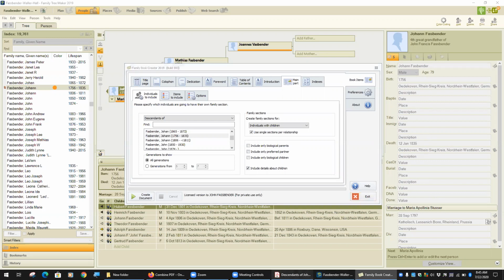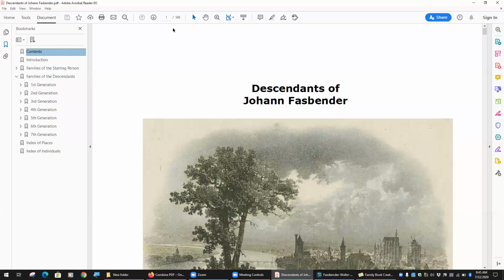Here it was 586 pages using normal settings. 7 generations of descendants, 8 counting the 7th generation's kids. Now, this is assuming your book is all the way you want it. The fact sentences are all the way you want it. All the media is the way you want it. It's just finding a way, okay,